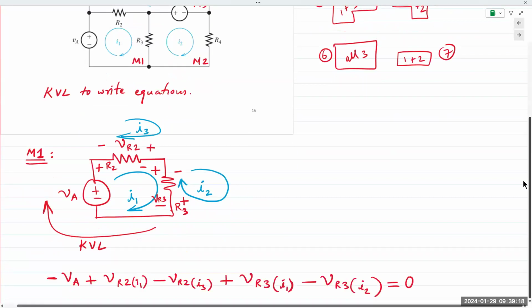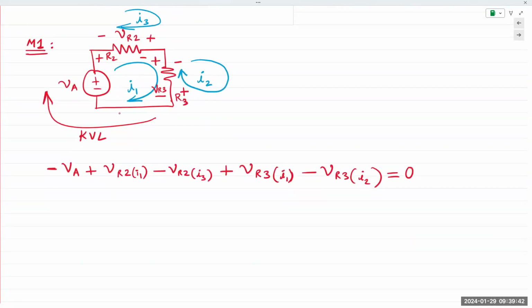So when that happens, you have two mesh currents flowing through the same resistor, which of course does not have a physical basis. It's not real. Mesh currents are hypothetical. They are not real. And so if you have two mesh currents flowing in the same resistor, you have to account for both voltage drops. And so we wrote down the first equation for mesh 1,